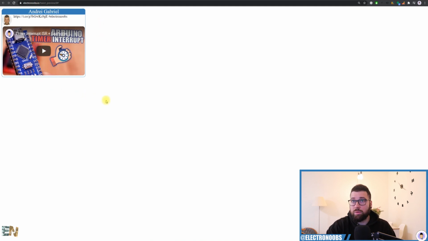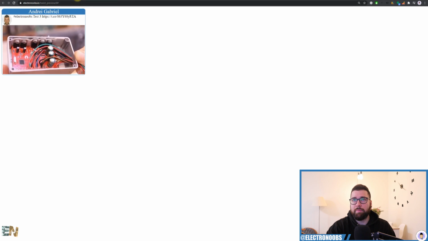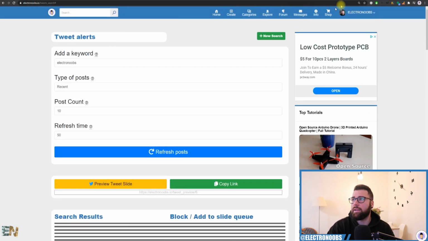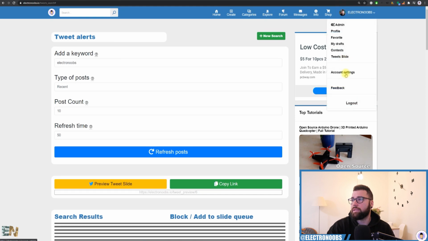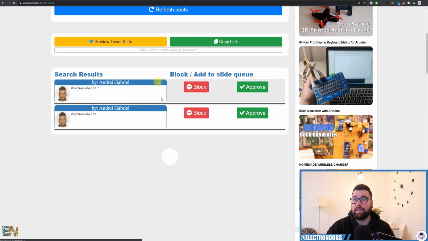It won't play the video, so it won't start automatically. Refresh once again, and this will be the one with the GIF file, which is actually an MP4, and I will show the code in just a minute. And that's it. That was the example. What I will do now is make another search. So we go back here. Let's make another search. As you can see here, if I refresh the posts, we only get the last two,